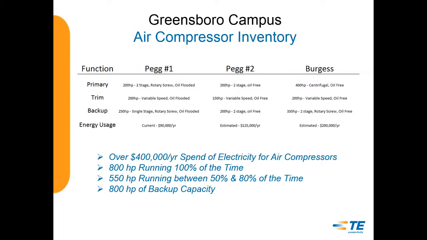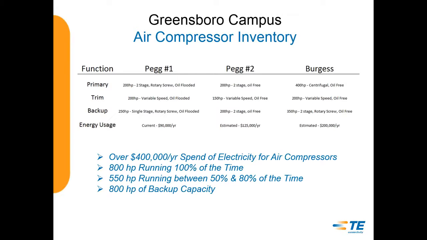Just to give you a little bit about our facility. We've got 2 facilities. One's about 200,000 square foot. The other's about 125,000 square foot. The bigger facility is called Peg Road. We have 2 compressor rooms with 6 compressors total. Each compressor room is set up with a primary compressor, a trimming compressor, and a backup compressor. So between the 3 compressor rooms,